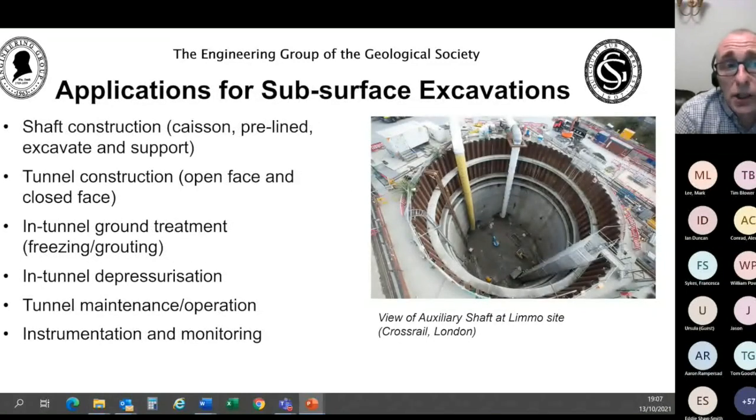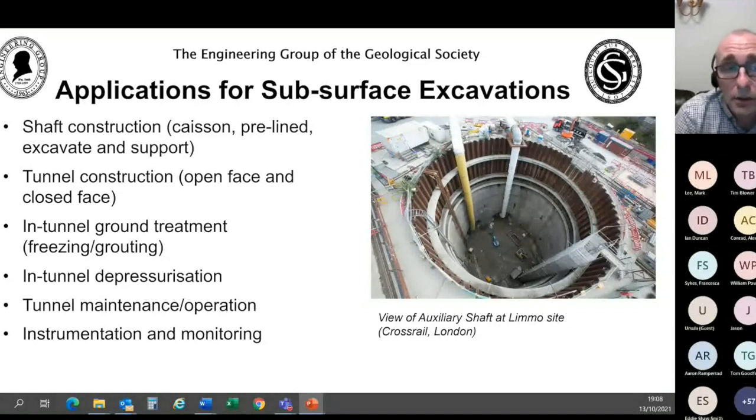So this chapter deals with subsurface excavations, which we broadly mean as tunnels and shafts. We discuss how groundwater problems can actually influence the appropriate form of construction of a shaft, whether you have a pre-lined shaft where maybe there's a sheet pile wall or a secant pile wall, or whether you can sink the shaft as a caisson, or whether you can use excavation support where maybe you're excavating and supporting the face with